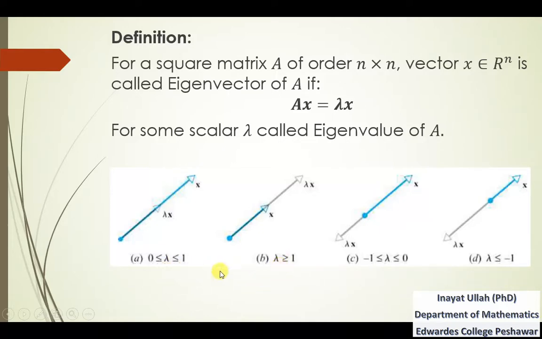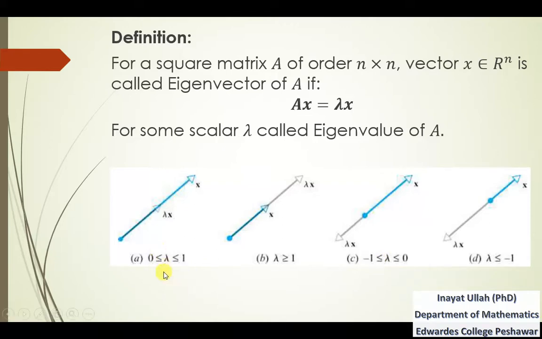Lambda is positive, not negative, so the direction of the original vector will not be changed. That is the direction of lambda x, and that is the direction of the original x. Similarly, if this is the direction of x, then the same direction holds for the vector lambda x. And whenever lambda is negative, whenever lambda lies between -1 and 0, that is lambda is greater than -1,